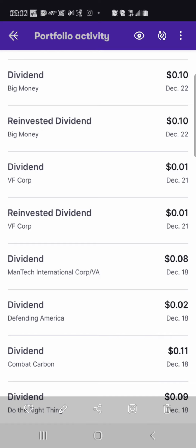Then out of my Stash account, I just posted some. I got a dividend today of 10 cents from an ETF they call Big Money. As you can see, it reinvests. So I am using the